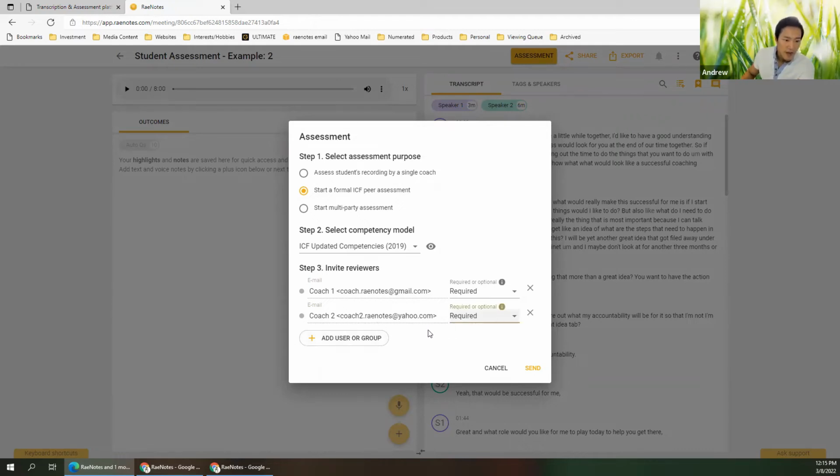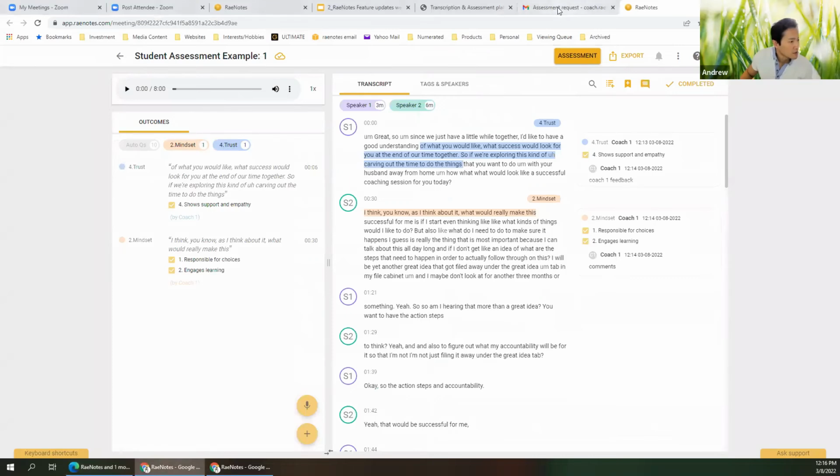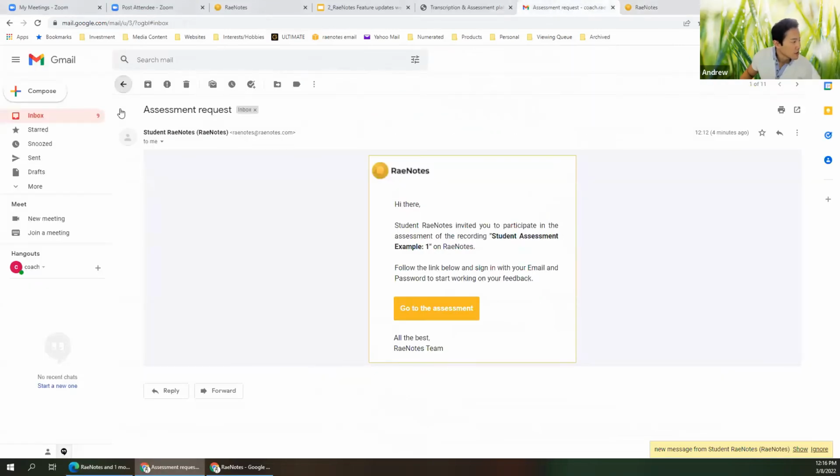When it's required, they have to complete in order for the comparison view to show up. If they're an optional reviewer, then even if they don't complete, you could still go ahead and see the comparison mode. So that's the difference between those two options. So I went ahead and sent that assessment over. Again, if we go back to the email,